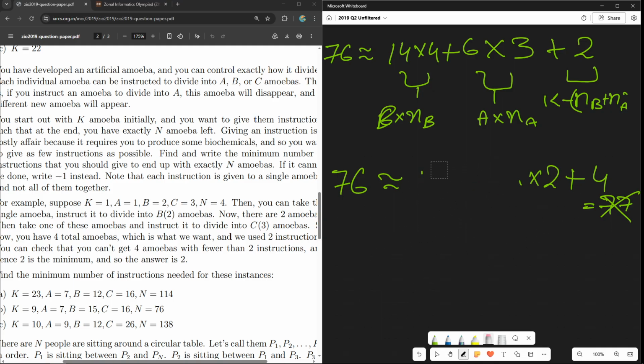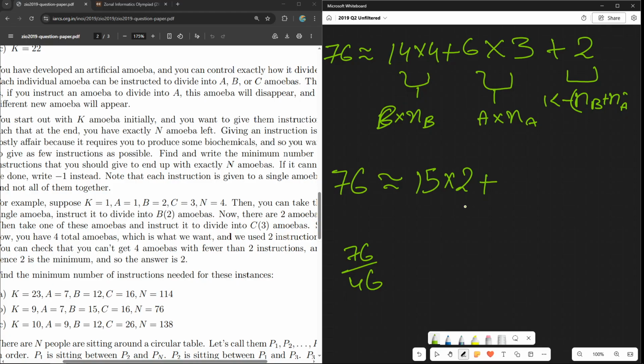So we'll take something else. 15 into 2, that's 30. 76 minus 30 is 46. 46 can be written as 28